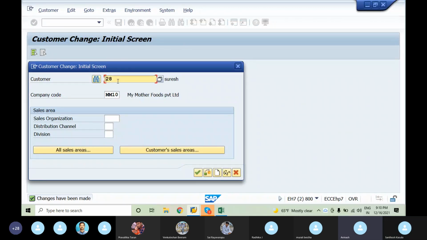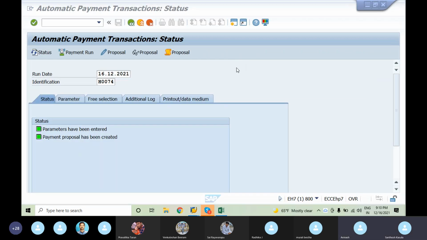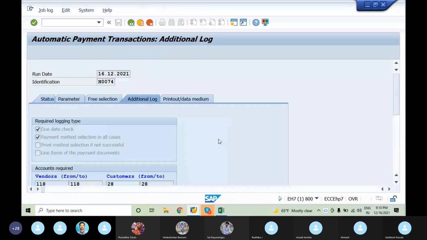Okay, fine. And one thing, if you get an error and want to know the exact error, check in the log and you will see the error.